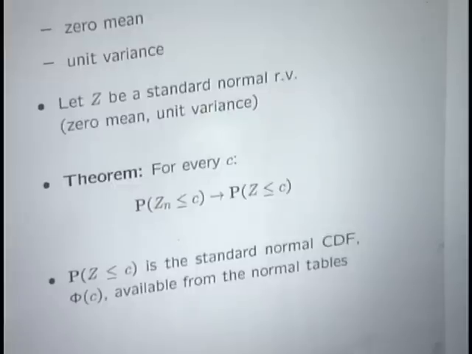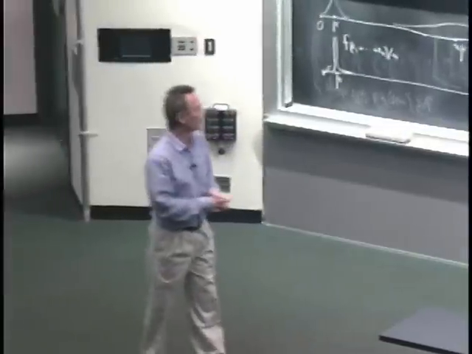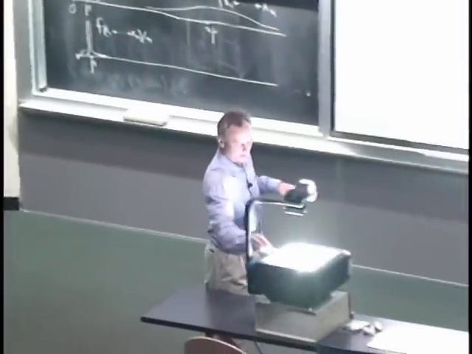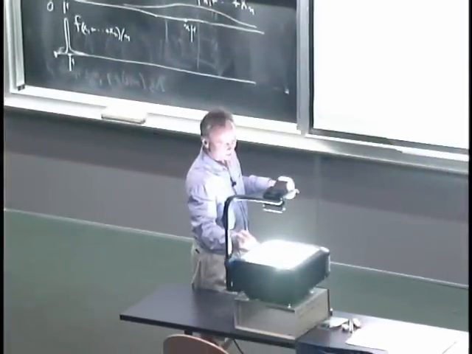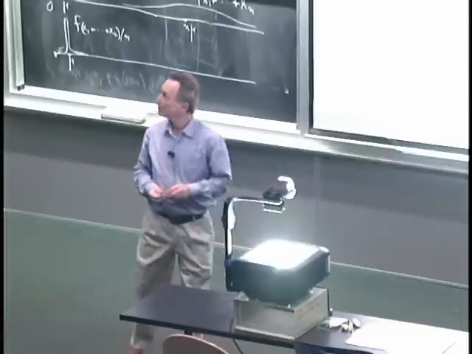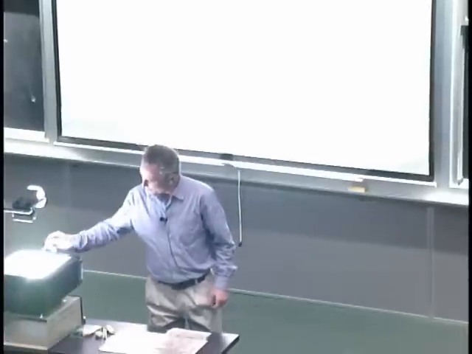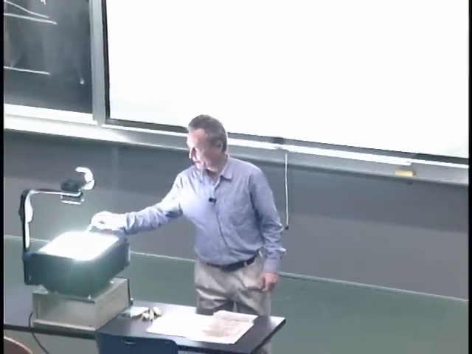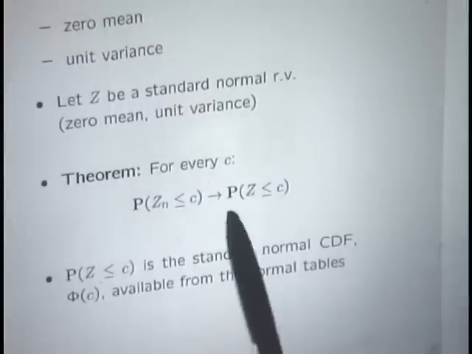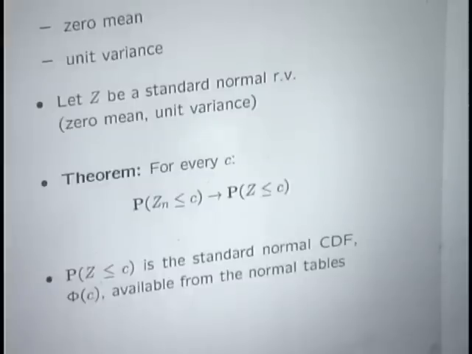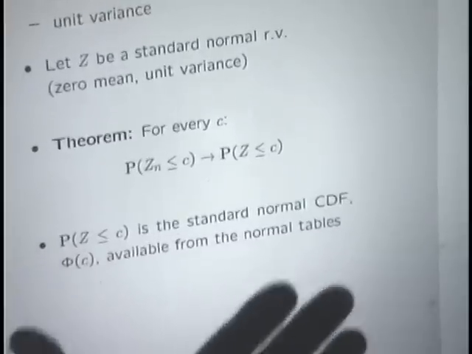The central limit theorem tells us that the cumulative distribution function of the sum of a number of random variables, after they're appropriately standardized, approaches the cumulative distribution function of the standard normal distribution. In particular, this tells us that we can calculate probabilities for Zn when n is large by calculating instead probabilities for Z, and that's going to be a good approximation. Probabilities for Z are easy to calculate because they're well tabulated. So we get a very nice shortcut for calculating probabilities for Zn.